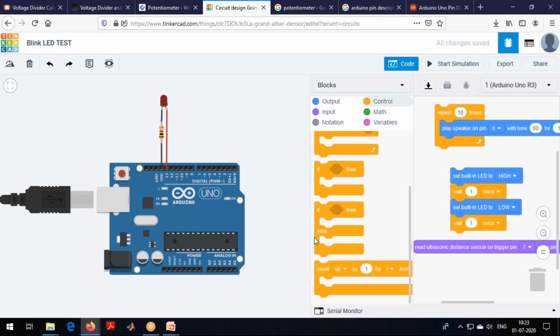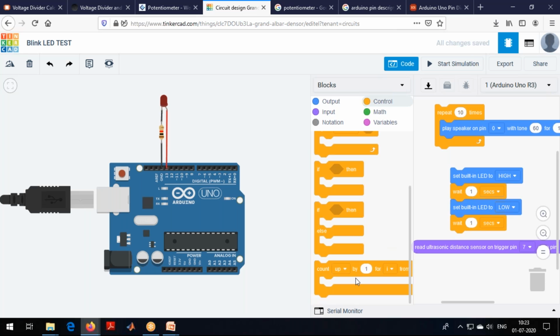Similarly, we will have if else condition. If water is available for plants, don't switch on motor, else switch on motor. Okay, here we are doing like whether water is available with plants or not. If water content is not available, then you switch on, else you switch off. Or for example, your water tank is there. If water is available in the tank, don't switch on motor, else switch on motor.